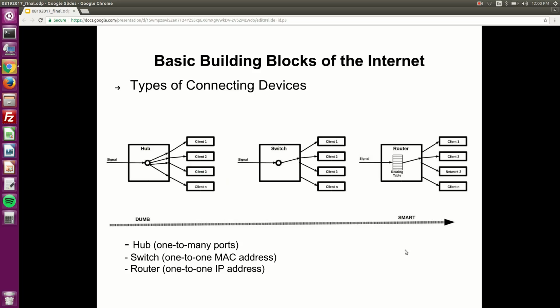A router has a routing table that tells it the status of that IP address, whether the client is available, or the client is busy, or the client doesn't exist anymore. The IP address is dead. It knows all that because it keeps a log, a table of all these IP addresses that are accessible by it,